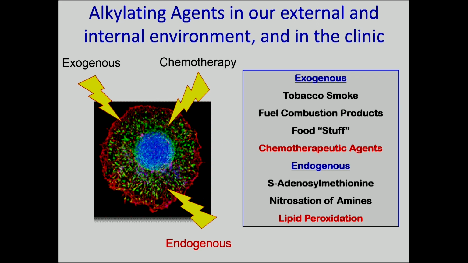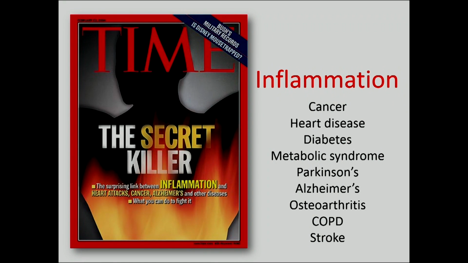Chemotherapeutic agents, certain ones, can alkylate DNA. The endogenous sources are S-adenosyl methionine, natural metabolites, and also in the presence of an inflammatory response where you have the release of lots of reactive oxygen and nitrogen species, one gets the stimulation of lipid peroxidation, and lipid peroxidation goes on to cause the production of